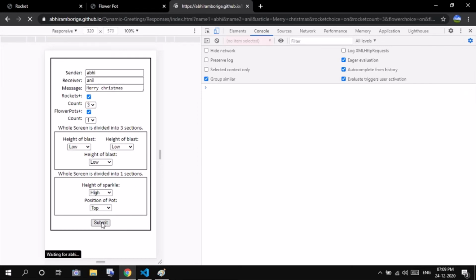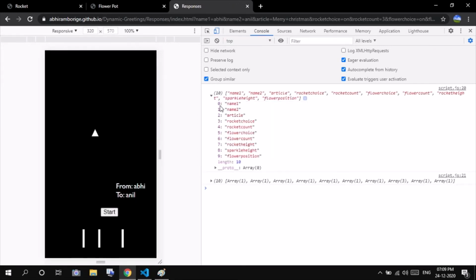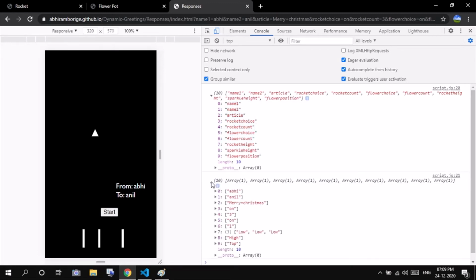If I press submit, you can see this will be the querydict1, and this will be the querydict2. So by that you will be understanding, right? All the values that are customized by the sender will be shown here, will be rendered to the receiver's URL.